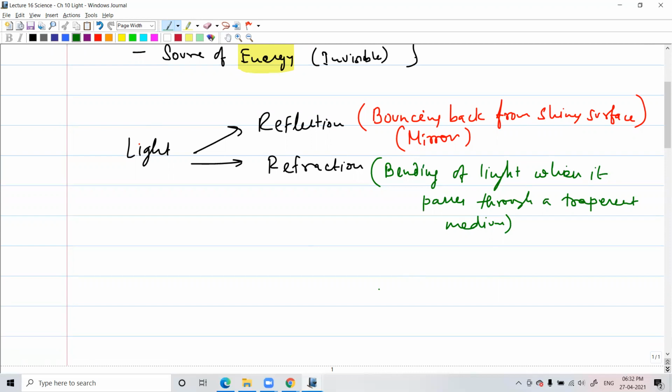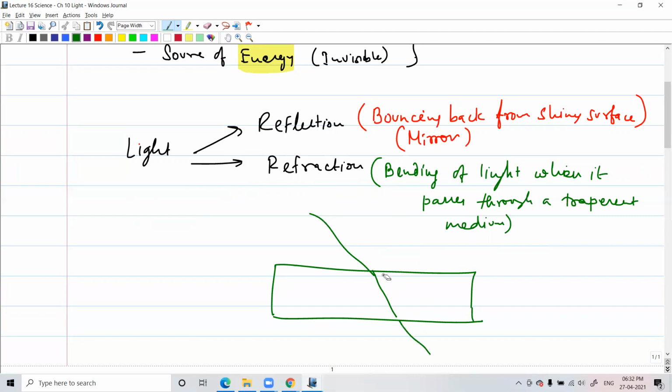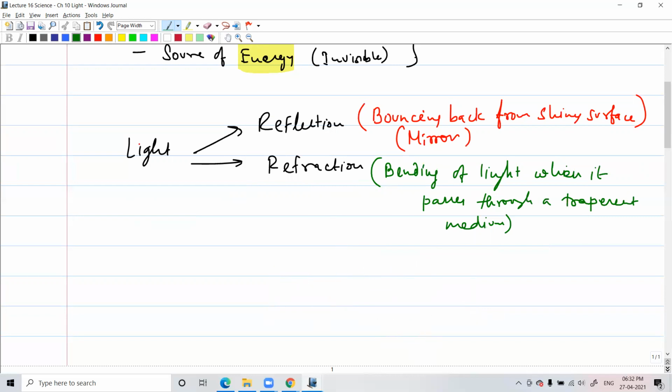So if it is translucent also, light will bend. But you are not going to study about translucent mediums. That's why I'm calling it transparent medium, which is where the refraction happens to the maximum. Like if you take a glass surface which is very clear, that is a transparent medium. Light will come, it will bend over here, and then pass through it. But if you take some glass which is fully colored, opaque, do you think light will pass through it? No, right? Okay, so opaque is totally out of the picture, but you might think of translucent medium. Everybody knows about transparent, translucent, and opaque mediums, right? You know that?